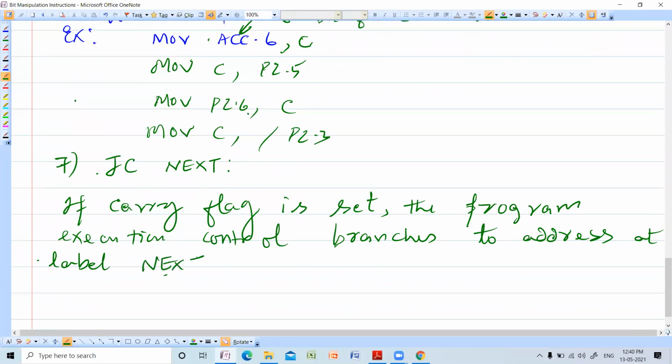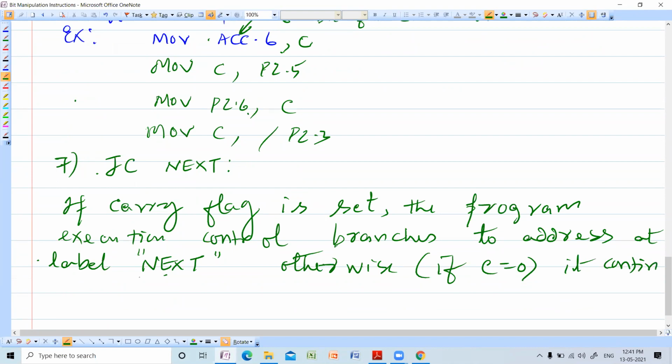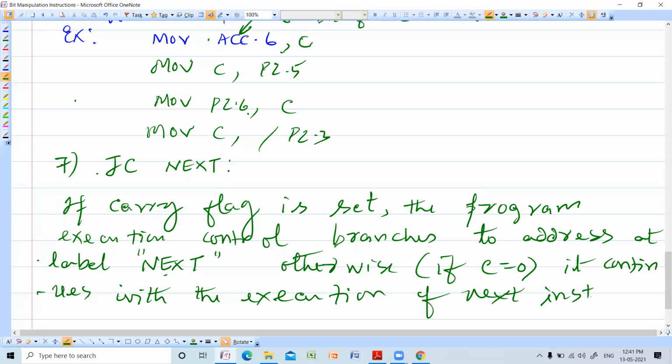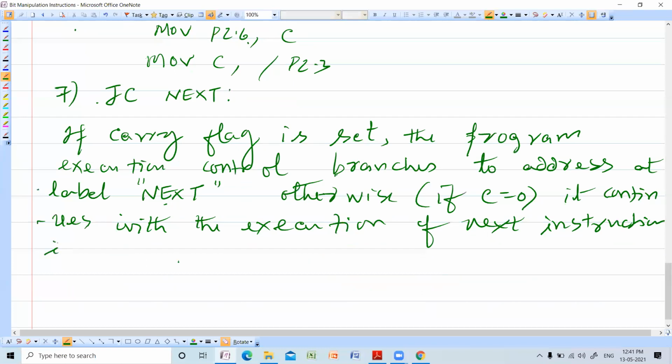Next, otherwise. What is otherwise? If the carry flag is equal to 0, it continues with the execution of the next instruction in sequence.